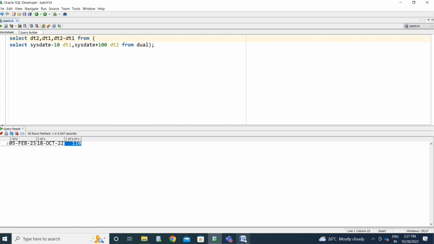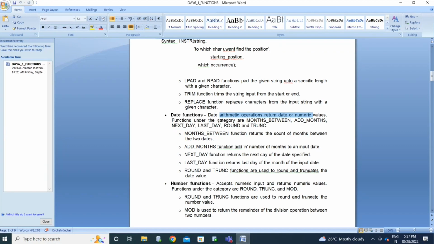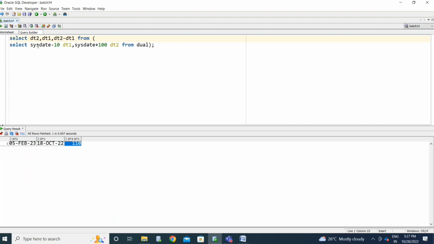Okay, so in this particular category we have months_between. If you want to know how many months are between these two dates, 110 days means we treat 30 days as a month, so 3 months plus 20 days, right?